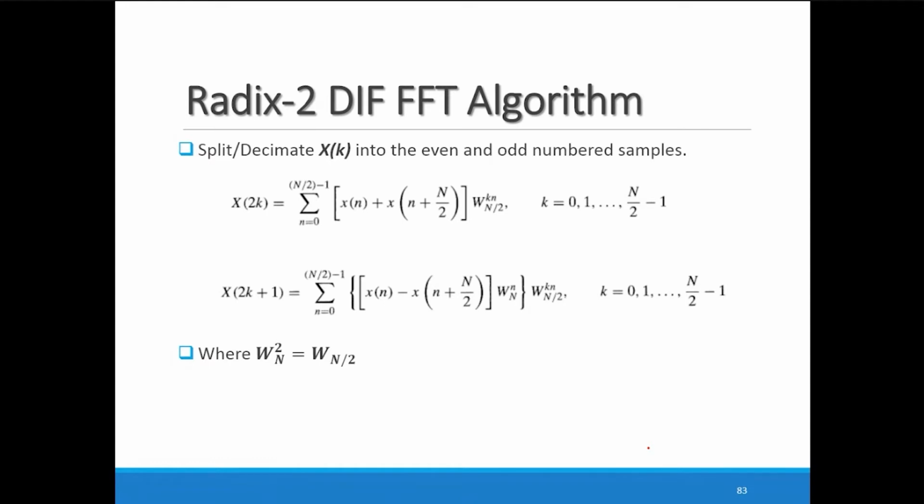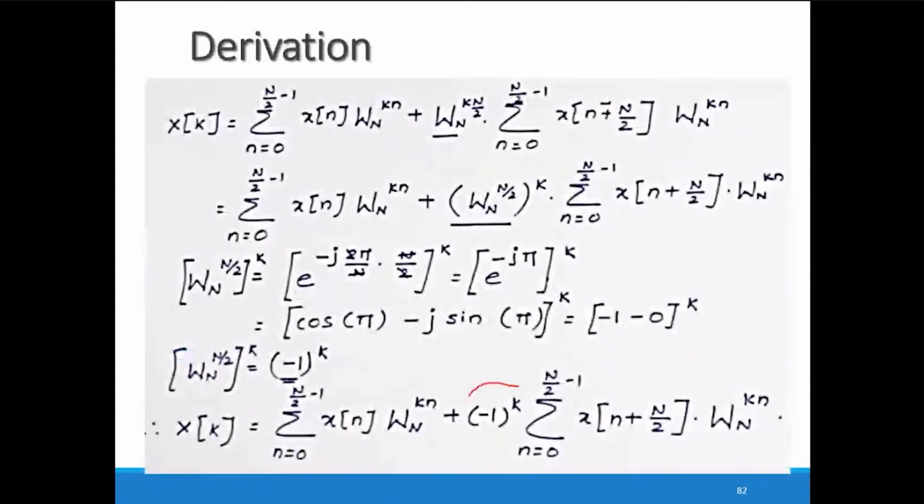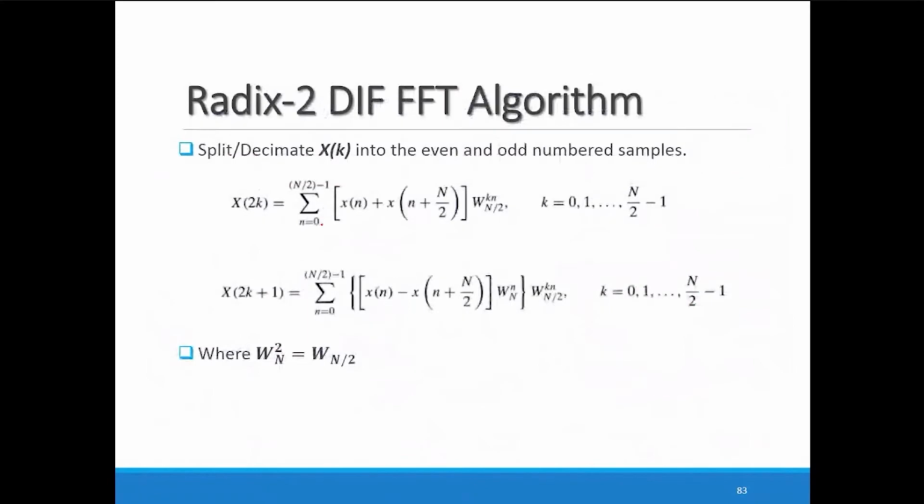So in this, the term is minus 1 raised to k. So here initially k is equal to 0. So we will replace this term with the 1 only. Minus 1 raised to 0, so 1. So we are not writing anything over here. So that is 0 to this term, and x of n plus x of n plus n by 2. Here the sign is plus over here.